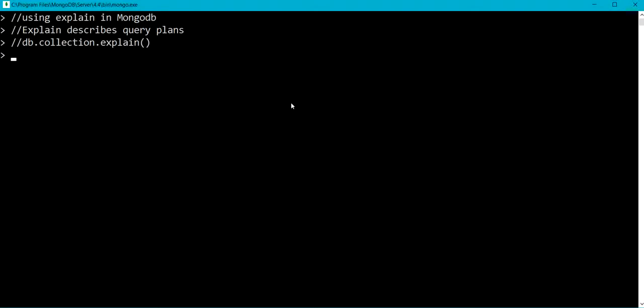So let me create a collection having roll number as a field and I need to create 20,000 documents. So let me use a for loop for creating 20,000 documents. For i equals 0, i is less than 20,000, i plus plus, opening curly bracket, and now I'm going to use the save method for